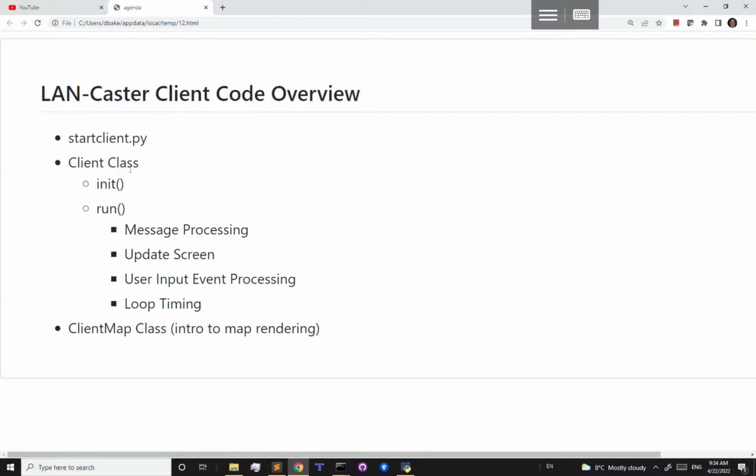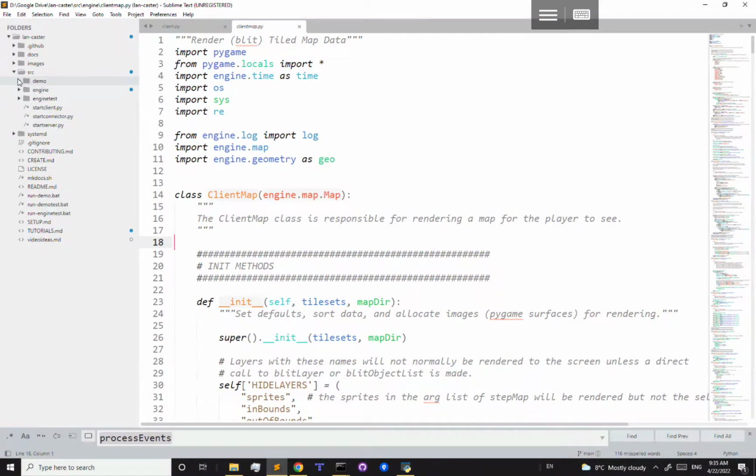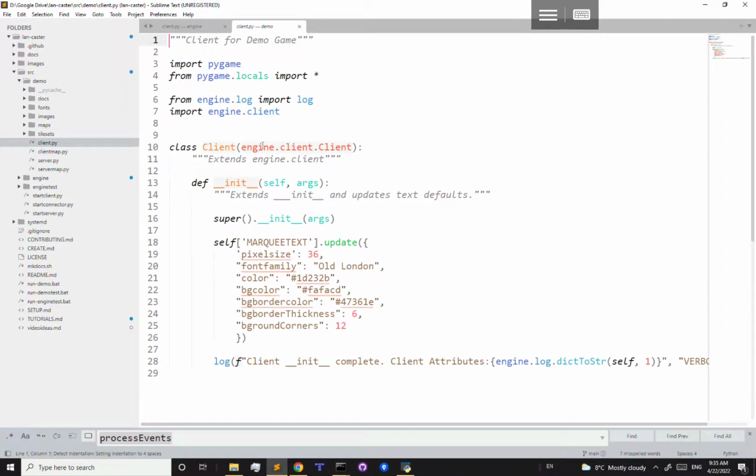Okay, so the last thing to talk about is, I started this off by saying that you want to be able to subclass these. So let's talk briefly about how that's done. If I look in the demo game, I will see a client and a client map. So the client is subclassed in this way. I am in source demo client.py, and I am going to subclass the client class from engine client, and I'm going to make a new client class. Basically the only thing I want to do here is change the text format of the marquee text. So when the demo first starts,